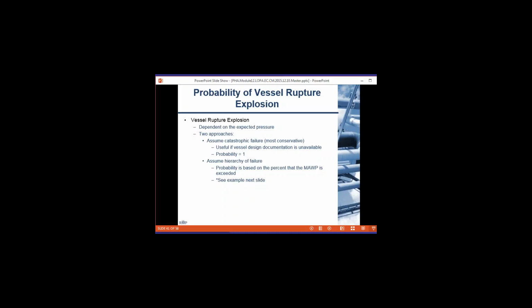pressure. And there are 2 approaches here. Once again, we can do the HAZOP method, assume catastrophic failure. It's the most conservative. It's obviously the easiest. It's useful if you don't have vessel design documentation. If there is not supporting documentation to say, you know what, we will not exceed the design limits, probability equals